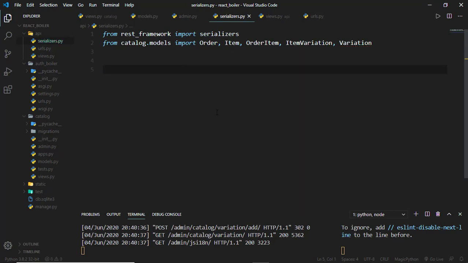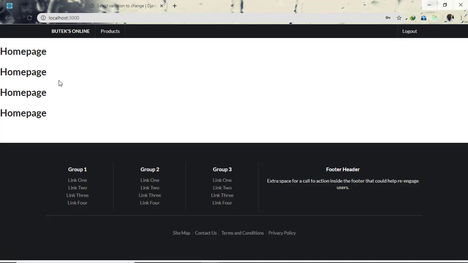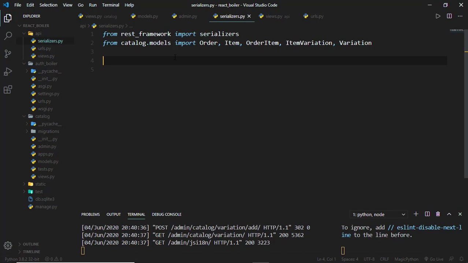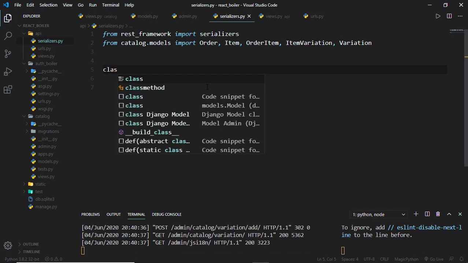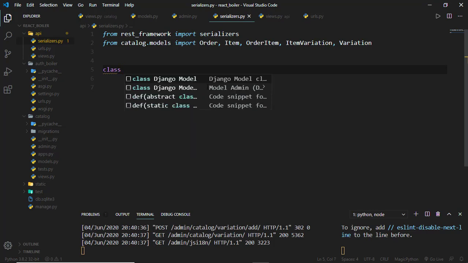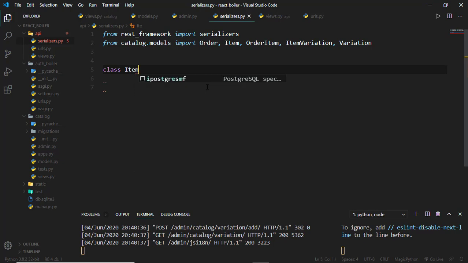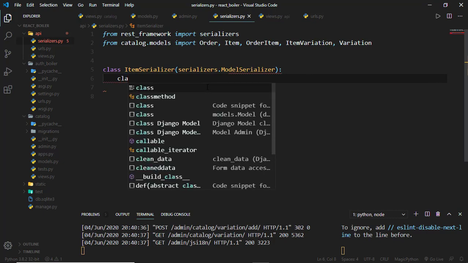And so inside here, if we just go back, this is our homepage. We want to fetch all our products that are in our database. So to do that, we'll need to create a serializer for that. So this is the item list. Just call it the item serializer, which is serializers.ModelSerializer, and in here we can specify